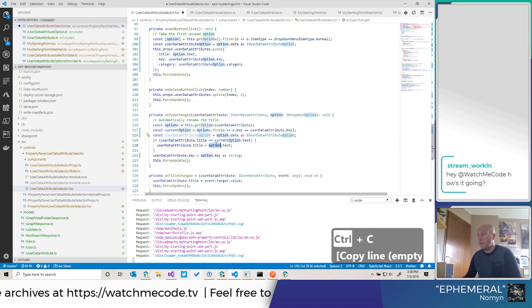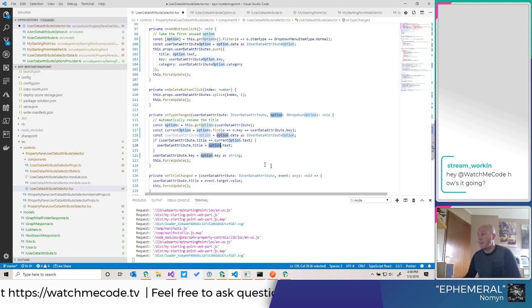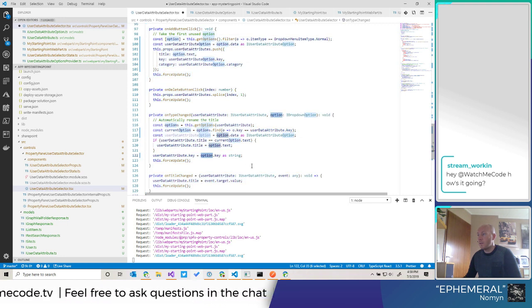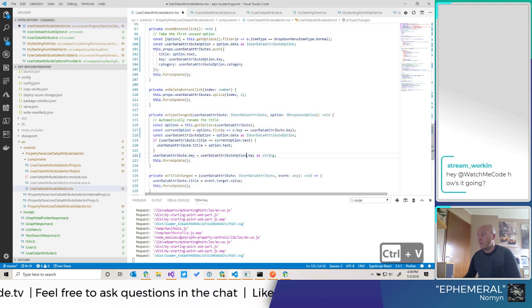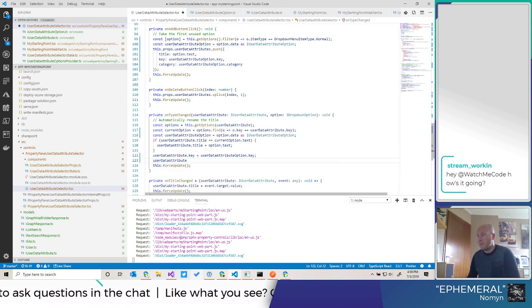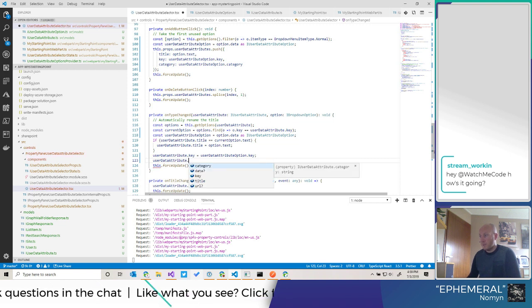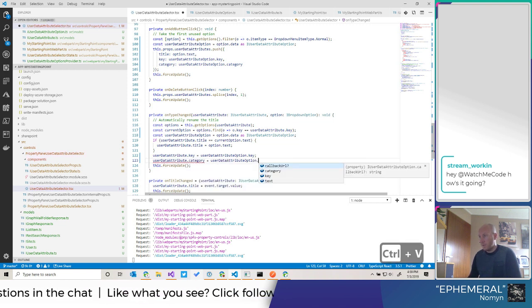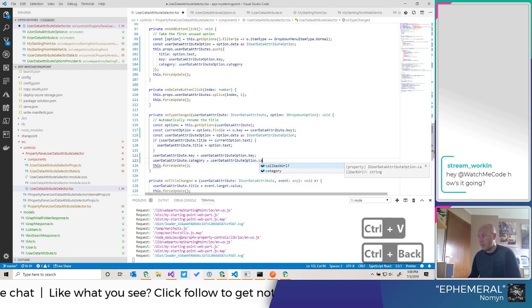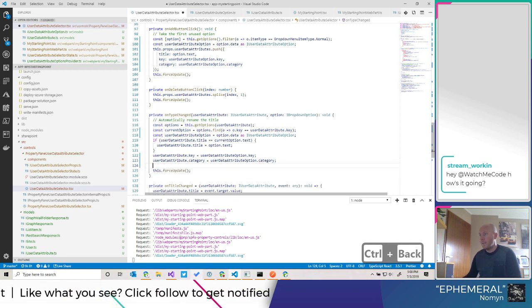Get the key. Let's do it a string then anymore. Category. Category.